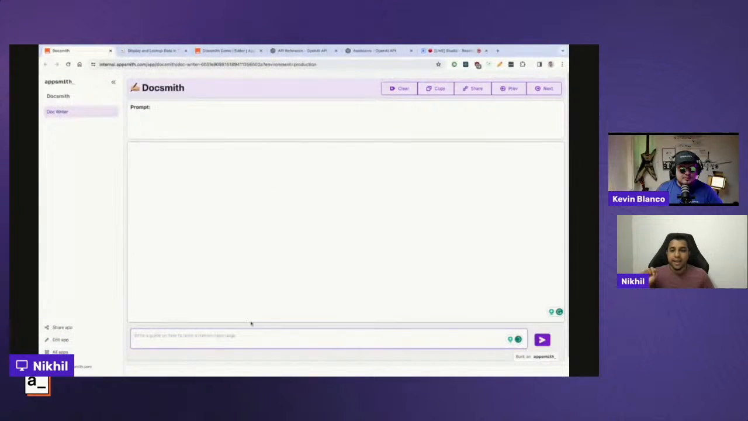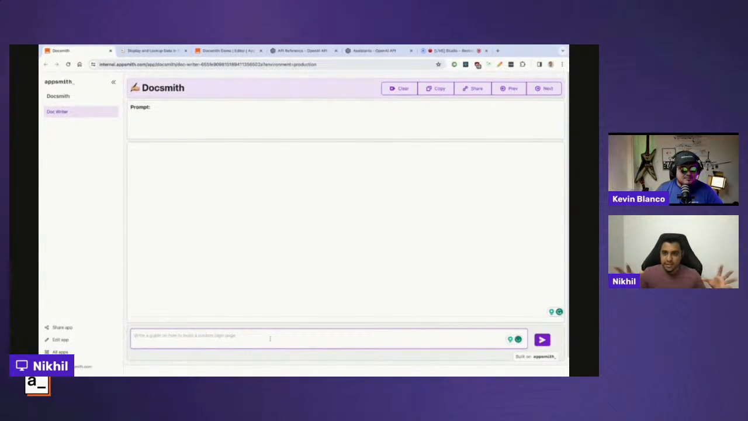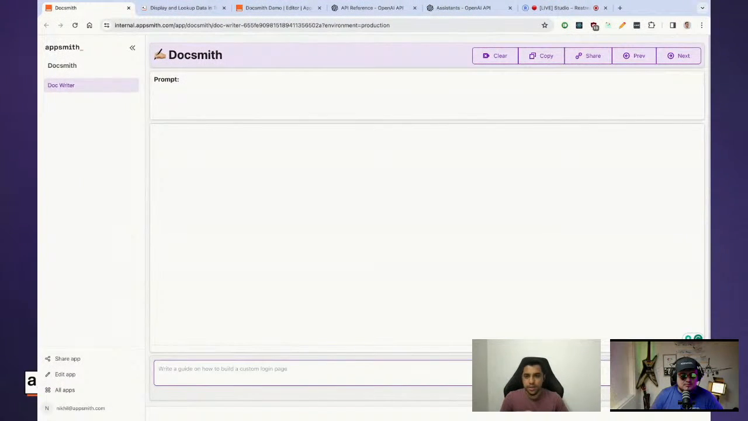I hope you can see it. Yep, we can see it. And so this is Docsmith. It's a simple interface that you can prompt to generate technical documentation. So I'm going to ask it to write a guide on, let's say, how to summarize support conversations